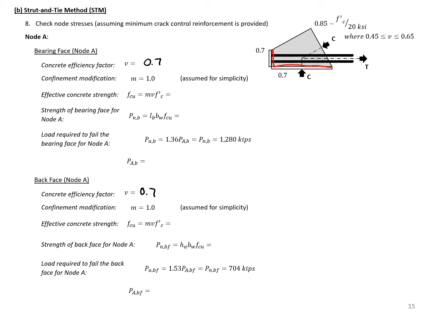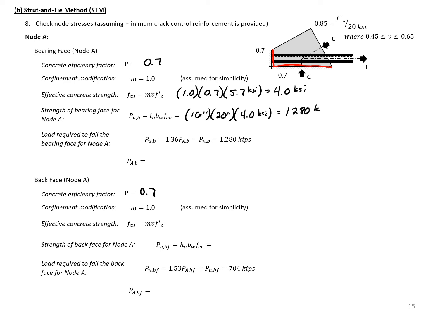So we can then find our effective concrete strength is 1.0 times 0.7 times 5.7 KSI, which will give us a value of 4.0 KSI. So then our capacity is our bearing length, 16 inches, times 20 inches, our bearing width, times 4.0 KSI. Which will give us a capacity here of